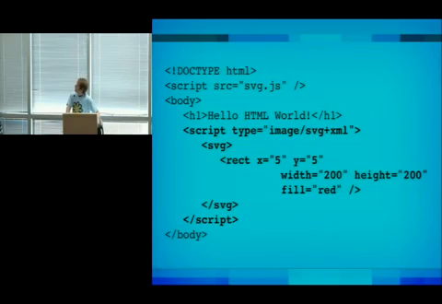Now, we do something that's interesting. Let me take you through this page. This is an HTML5 page. That's the HTML5 doc type at the top. HTML5 gives you two ways to embed XML-like data. The first one is you actually can put it into a script tag and set the MIME type. The second one is SVG becomes a native tag. You just say SVG and you drop it in.